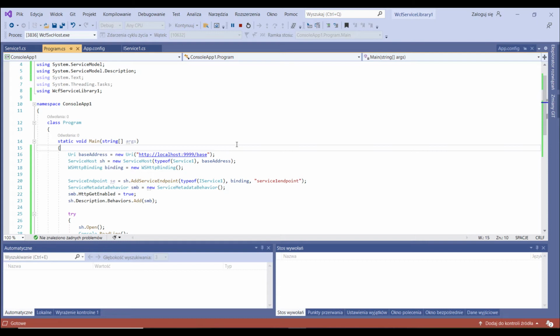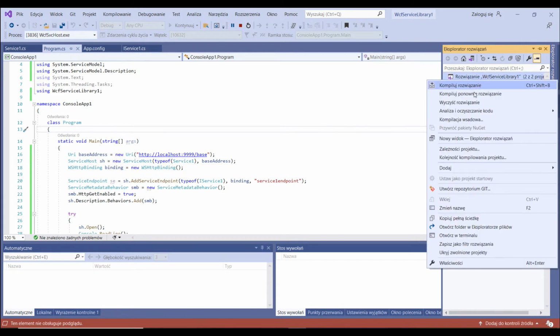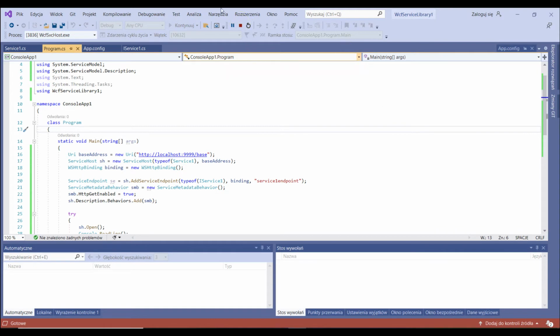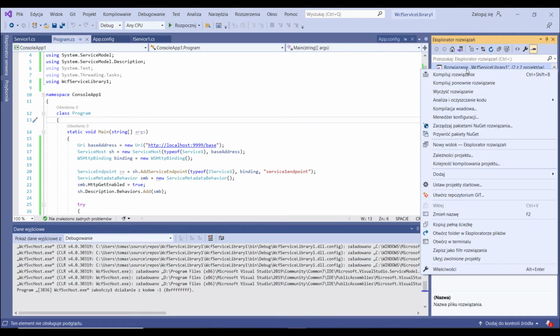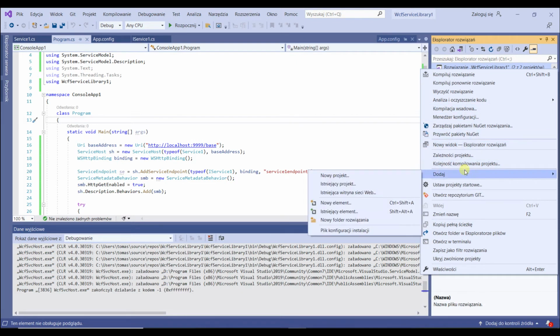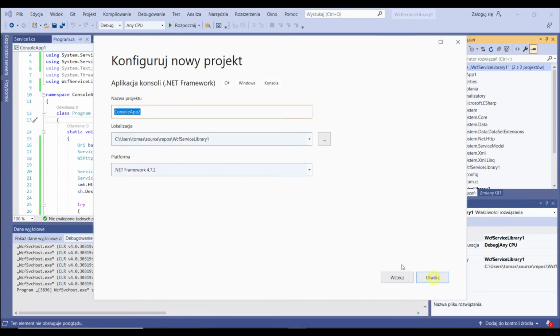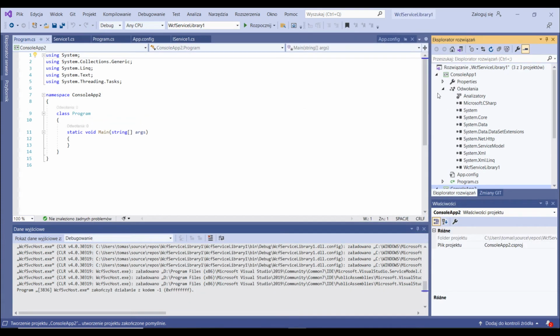Now another thing that we can do is, well, maybe now we should have a client, right? So let's create another project. Let's add a new project. And this project will also be a .NET application. Let's go to Comp2 because why not? In this other application, it will be